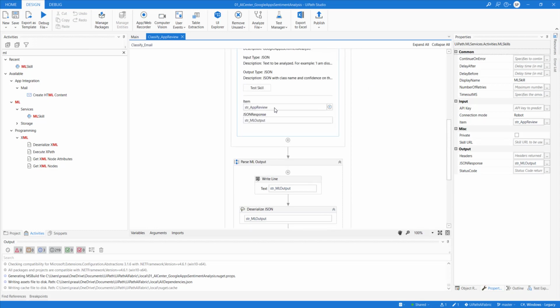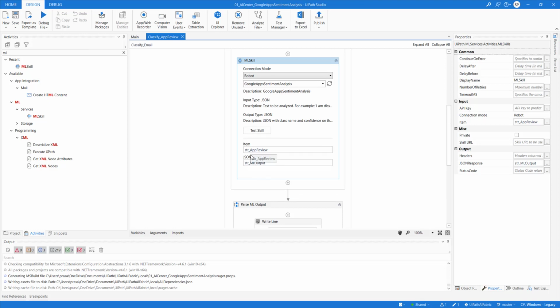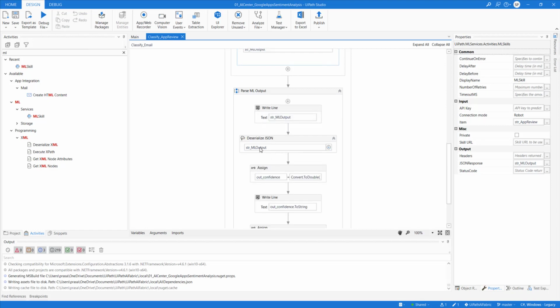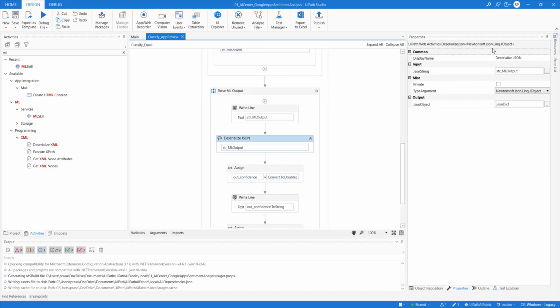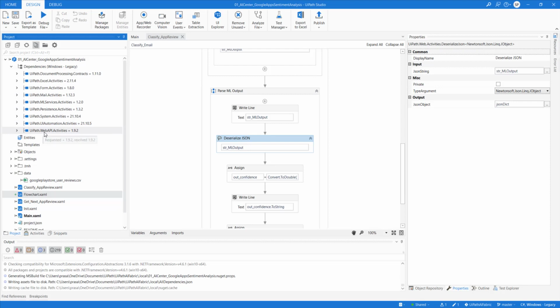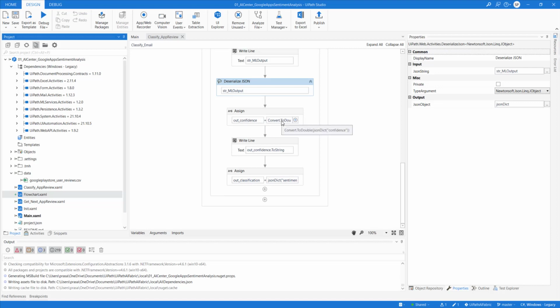So when you run this ML skill, it will give output. You need to pass input and the return will be JSON, right? We know for reading a JSON, we need to deserialize that first. This method is available in this web API activity. So you need to use deserialize JSON. It will deserialize and then you should be able to read the JSON object as a dictionary. Then by passing the key, you should be able to get the value.